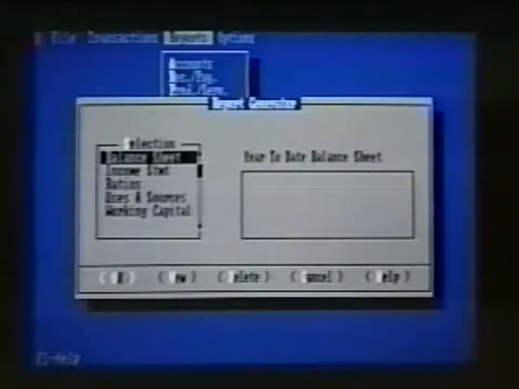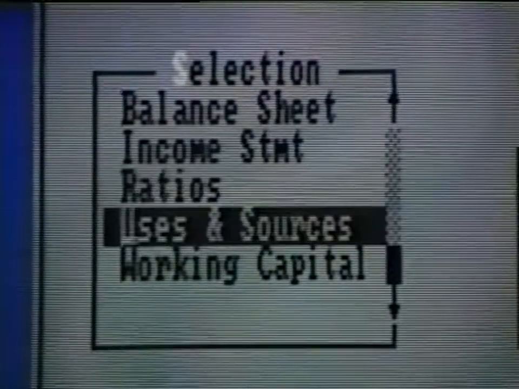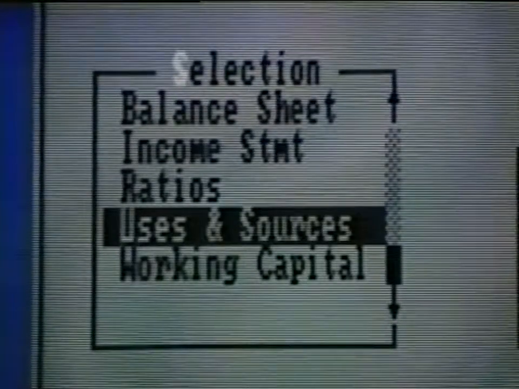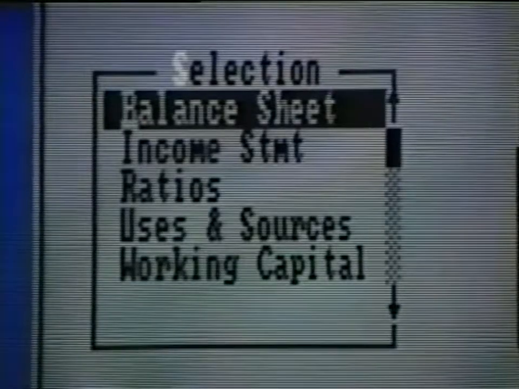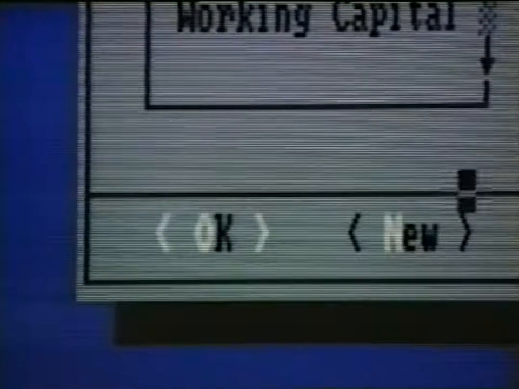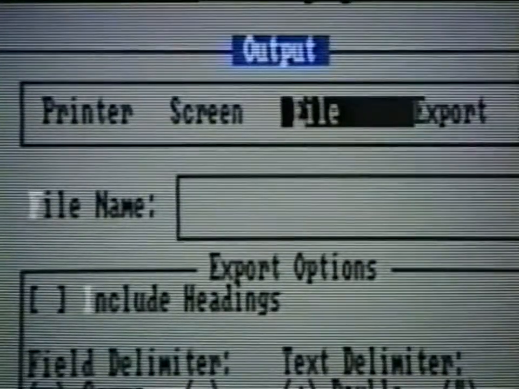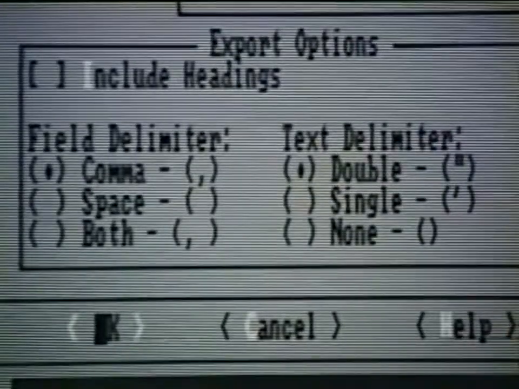If you select Process, you'll see that Pacioli 2000 has many standard accounting report formats pre-designed for you. All you'll usually need to do is highlight the report you want. For example, to print the important balance sheet for the year to date, click on that selection. Now click on the OK command. Select the output you want and click on the OK command to get this important financial statement.